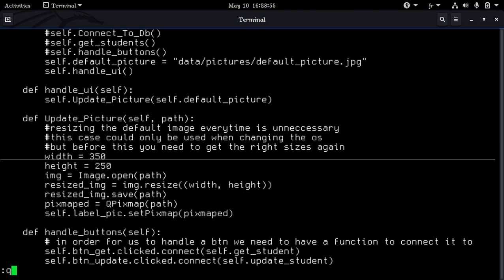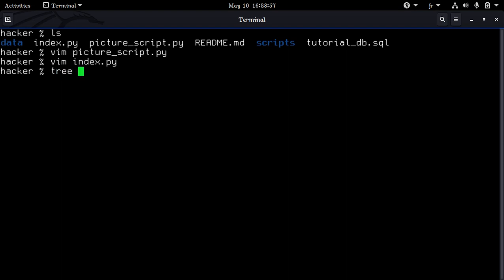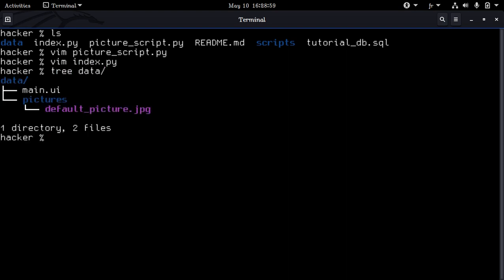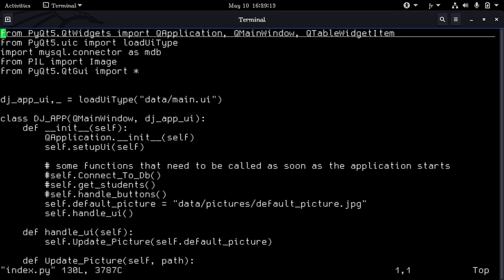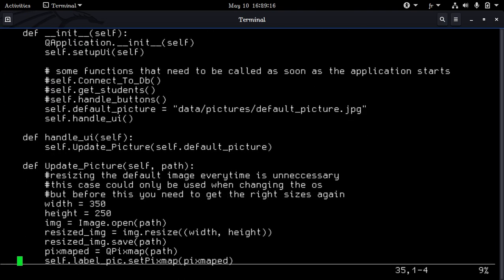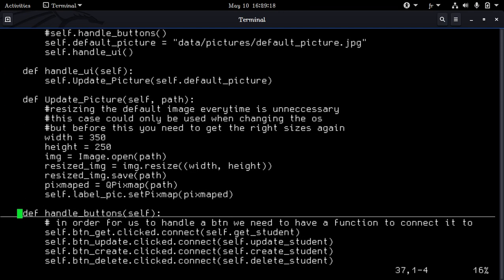So what I have done is I've created my own pictures folder, like you see in the data folder. So there is a pictures folder. That's where I'm gonna save our pictures. I just want to bring that out for now. And the other thing is that